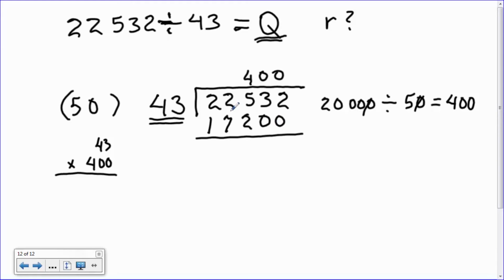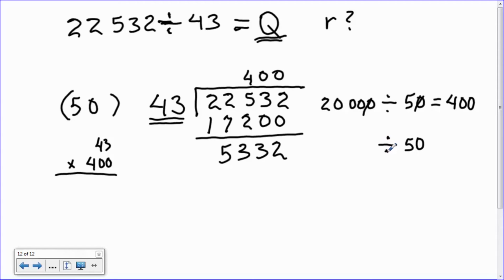And I see when I'm counting up, 17,000 to 22,000 is 5,000. And then 200 up to 532 is 332. So the difference between 22,532 and 17,200 is 5,332. So these are the number of objects that I have left to distribute among the 43 groups. Well, again, I'm uncomfortable with trying to figure out how many times 43 fits into 5,332. So again, I'm going to use my approximate divisor, the 50 instead of the 43,